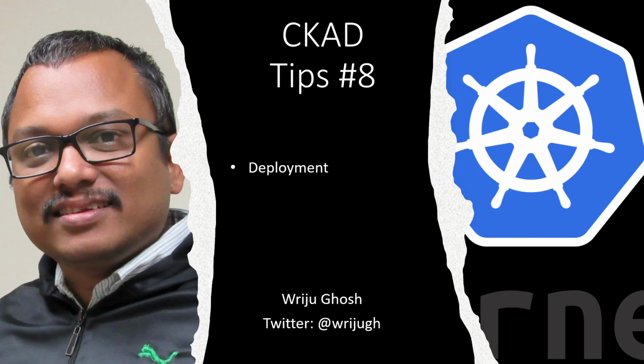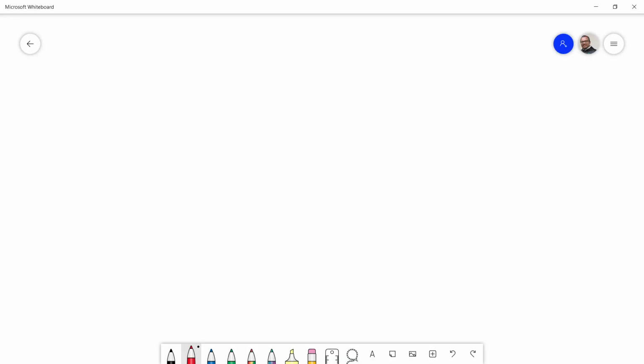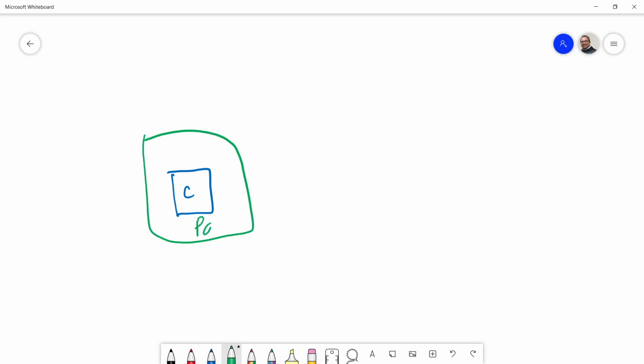So let me try to draw something to give you some understanding of what exactly happens when you create a deployment. Now imagine that you have a Kubernetes cluster, right? And you are going to create a deployment. Now deployment definitely contains pod, and pod definitely contains containers. So if you start from, let's say, container level, this is your container C, and then you have got your pod around that, right? That is your pod. And then you create the deployment